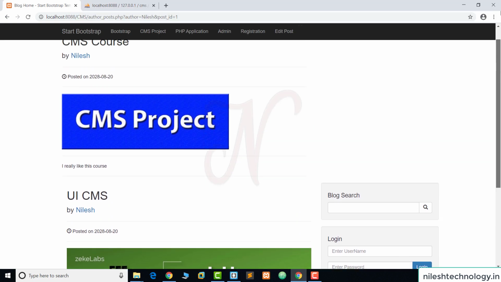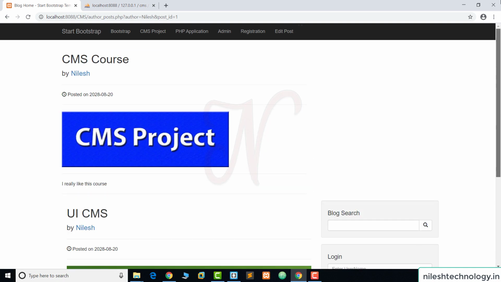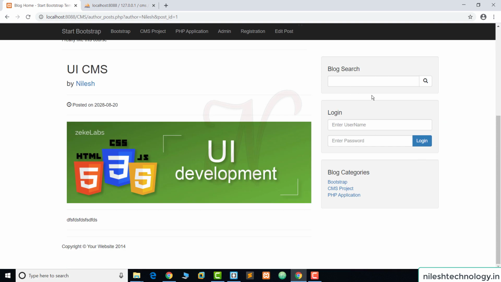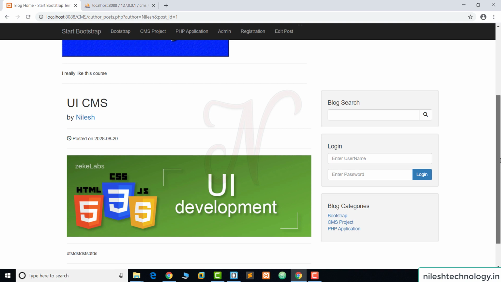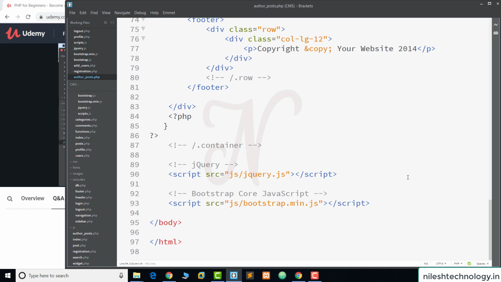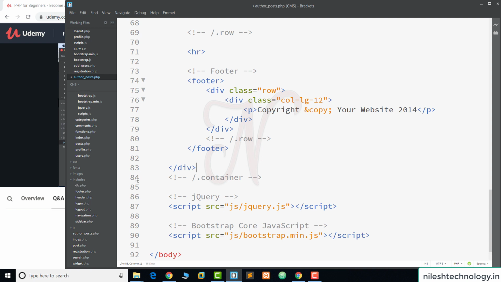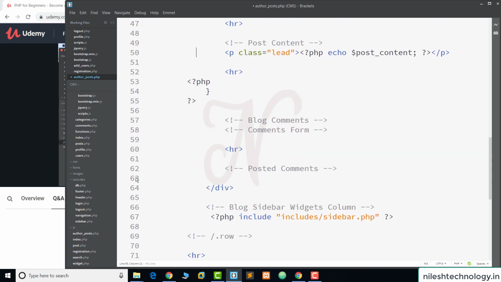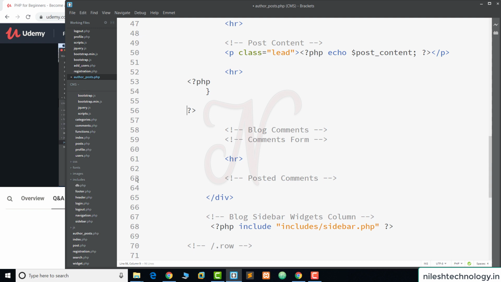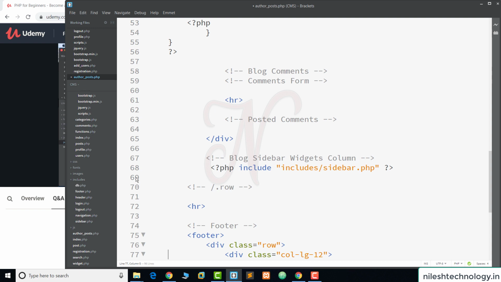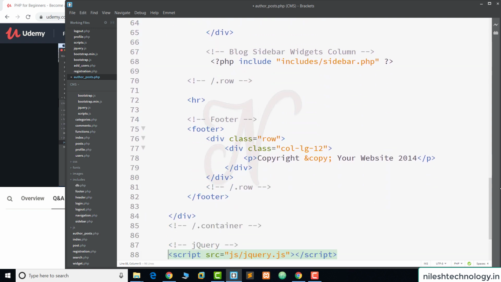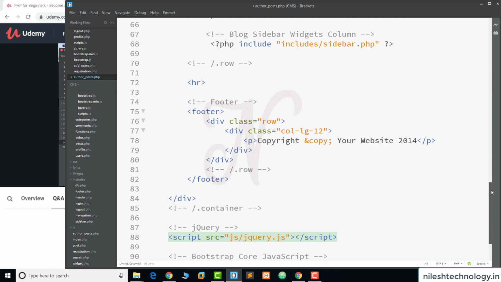Now, okay, perfect. But one more thing is that this block search section goes to the bottom. So we check it again. See here, we remove this closing bracket here, this one. We remove this script and we close the other bracket here, okay. And this section we already did in footer.php.